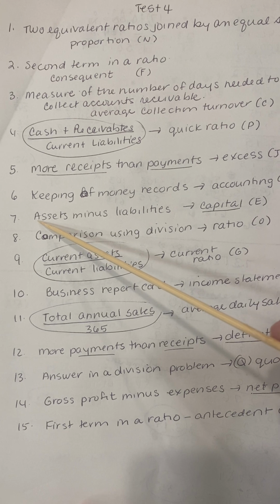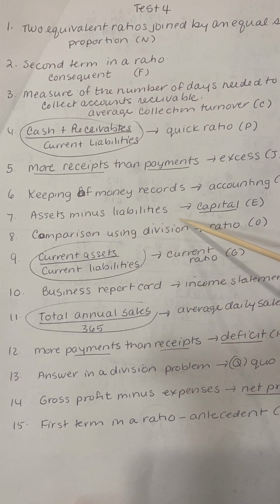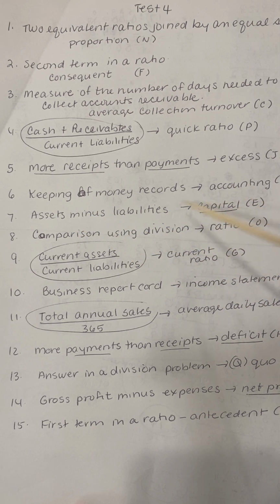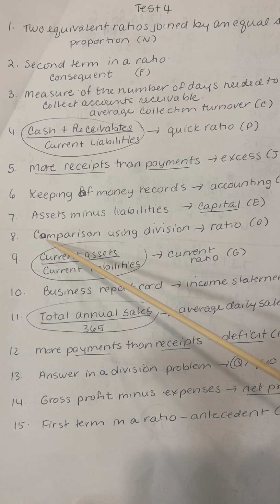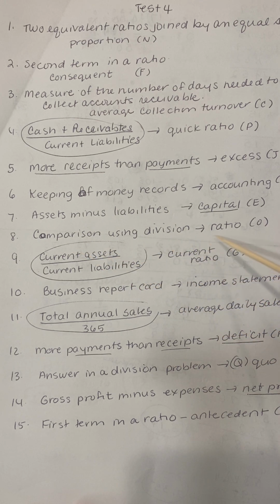So number 7, assets minus liabilities is our capital. That's E. Assets minus liabilities is always capital. That's how much capital we have. We take our assets and then we take away our liabilities and see what we have left. Number 8, comparison using division is a ratio. When you have two numbers, like a fraction, top number and bottom number, comparison using division is a ratio, which